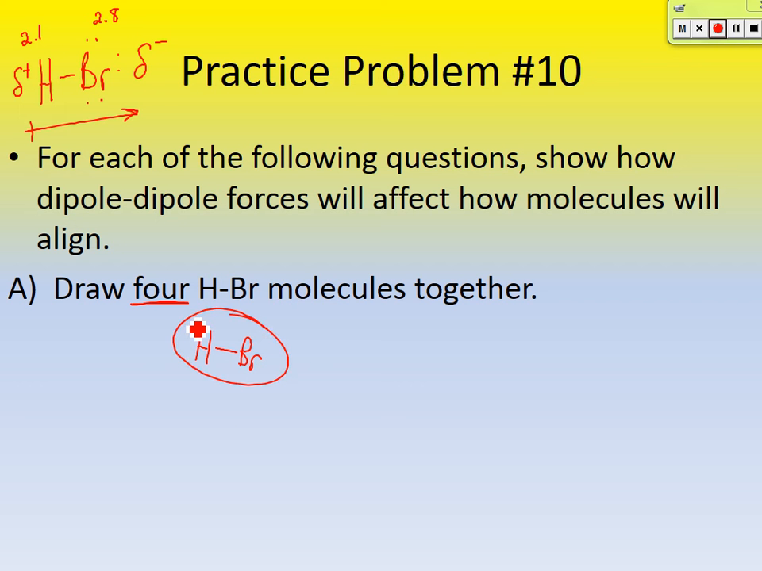Now I've got to draw 3 more. What's going to be attracted to this bromine? Hydrogen. The hydrogen of the other molecule. And so it's going to look like that. This slightly negative bromine is going to be attracted to the slightly positive hydrogen. And you could form some branching structure here, or maybe it's just linear. Maybe they just keep going like this. Okay, so there's 3,